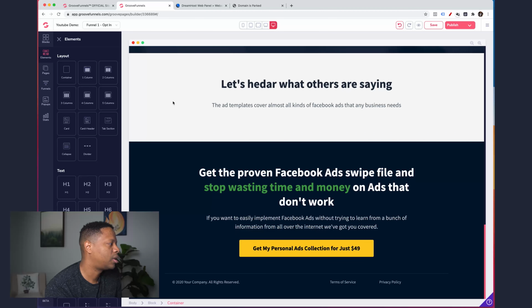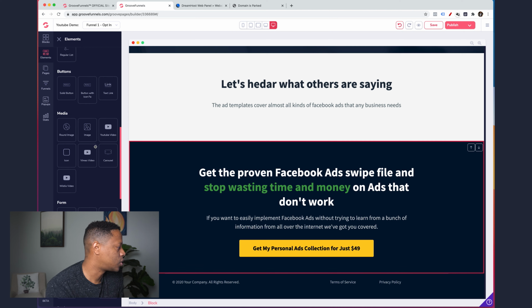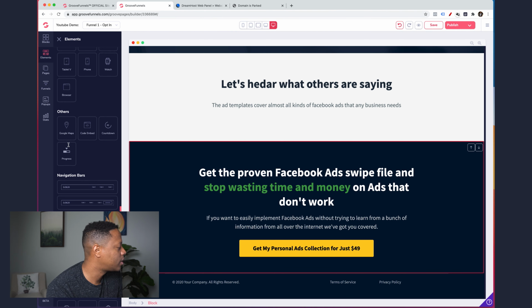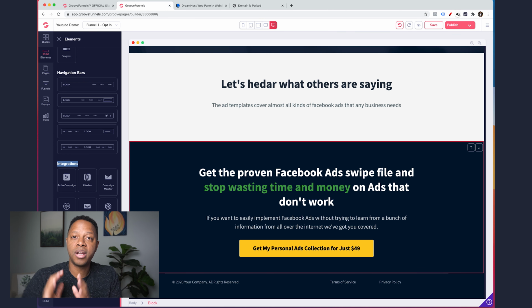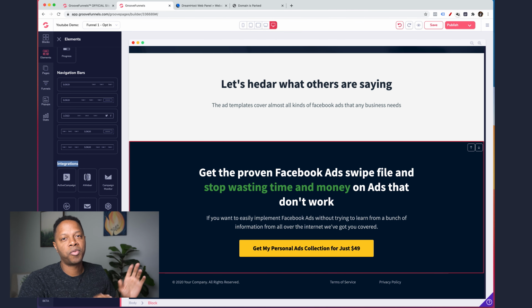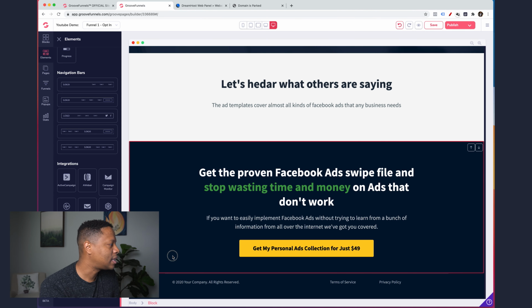Now you can embed one from your email marketing system, and you can also integrate your email marketing system with GrooveFunnels. Now for this example, we're just going to take this right here where it says under integrations, and we can take any form that we want. But to make this fast, because I will go through another separate video of how to take an embed form from your email marketing system and hook it up. But for now, there's certain things that we just want working properly, and then we come back through and make it pretty. So I'm going to add this here.